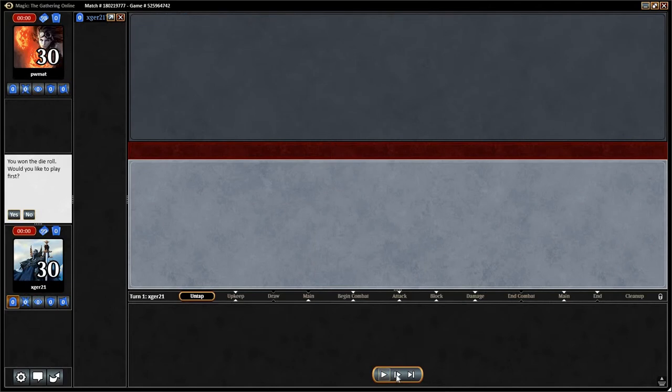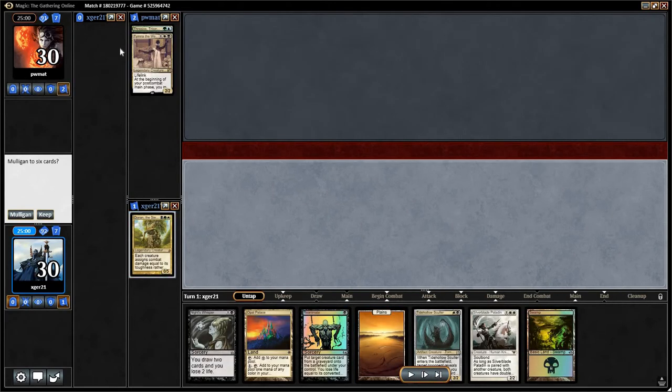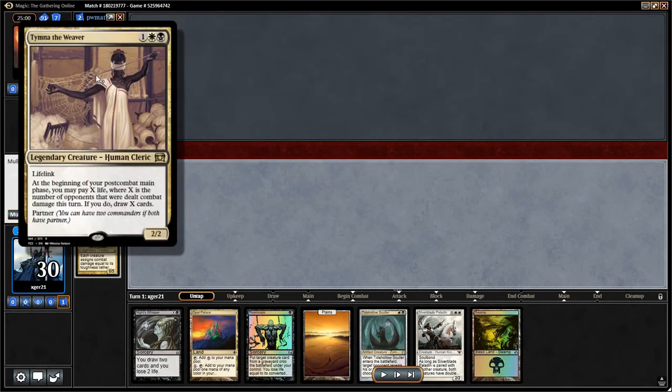Alright, here we are at the next game. I won the die roll, and my opponent is playing some of the partner commanders from the recent set. So we have